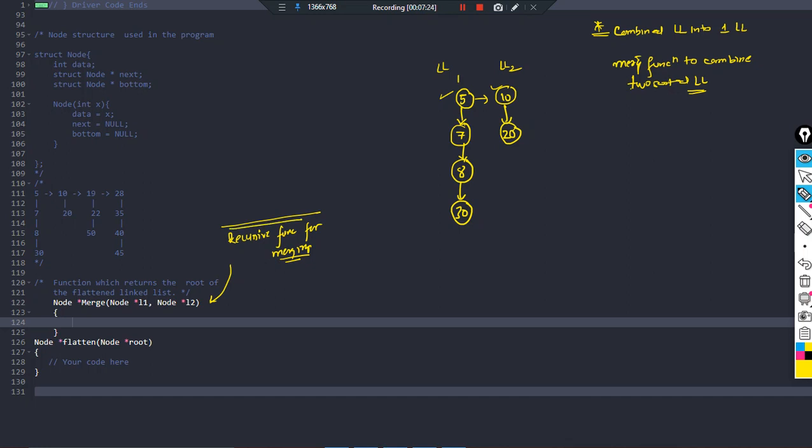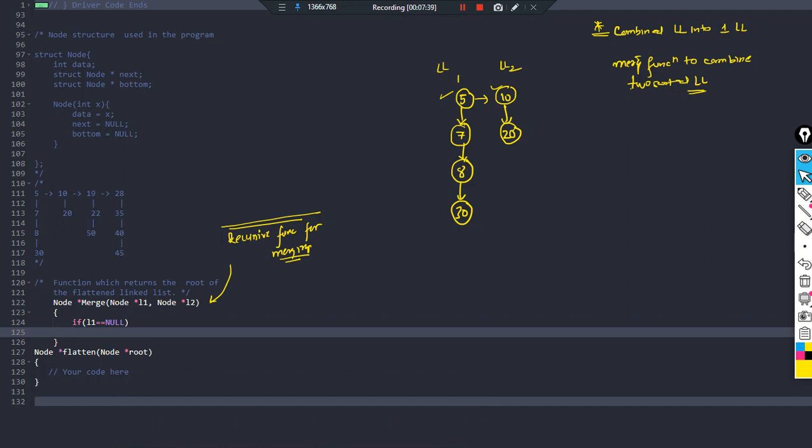So basically, suppose we have to combine these two into a single linked list, then what can I do? I will be writing a recursive function. So what will be the terminating condition? The terminating condition says that if L1 is equal to null, means you are trying to merge null with some linked list. What should be returned after merging? This particular linked list should be returned because it has some elements, and this is also sorted, and this is null, so obviously sorted. So suppose if I am trying to merge them, obviously this linked list will be the output.